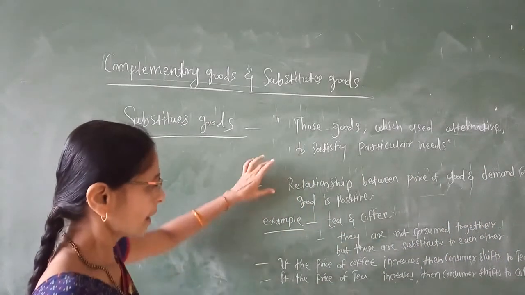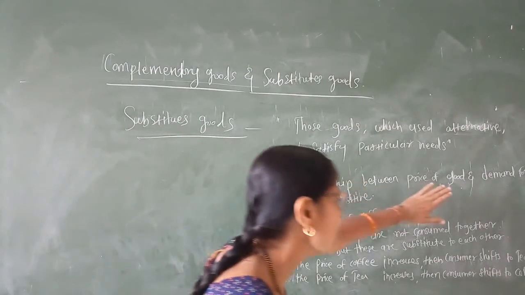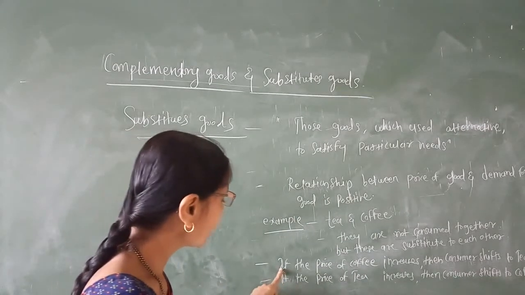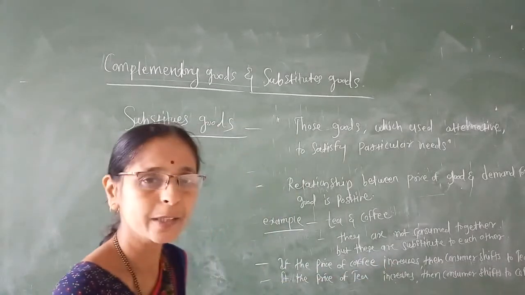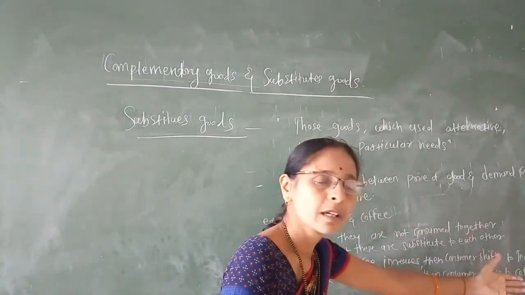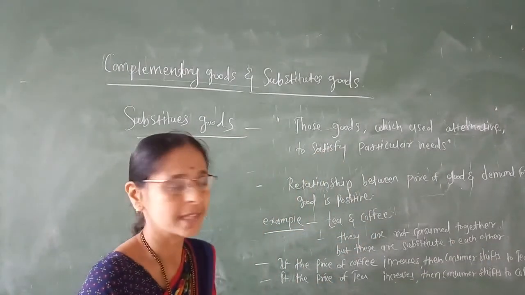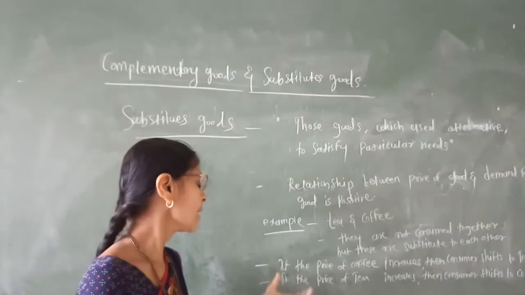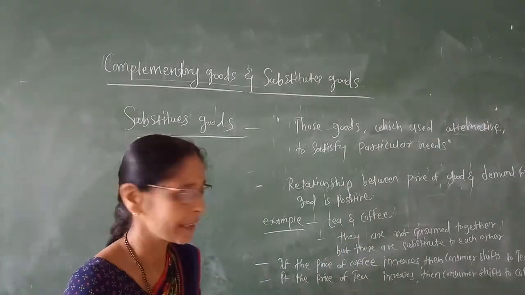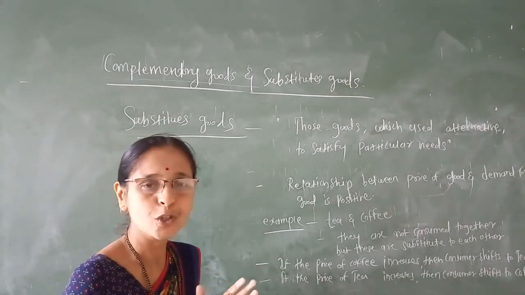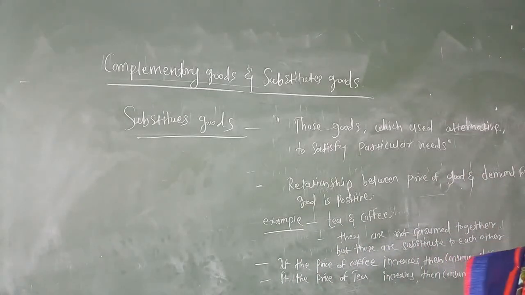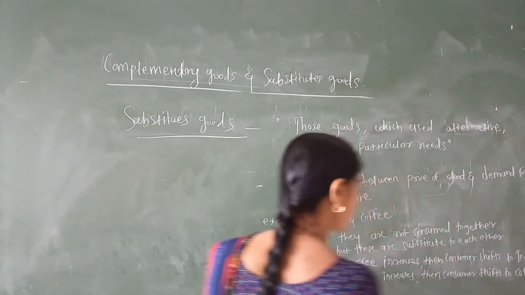See here, the relationship between the price of a good and the demand for the substitute good is positive. Means here, if the price of coffee increases, then what happens? The consumer may shift to, or would like to use, the tea. And suppose if the price of tea increases, then the consumer shifts to the coffee. Means here, if the price of tea increases, the consumer would like to drink the coffee. Means here, when the price of a good increases,